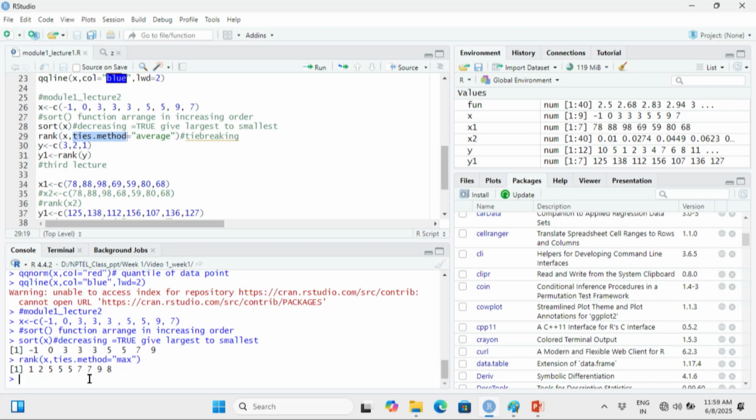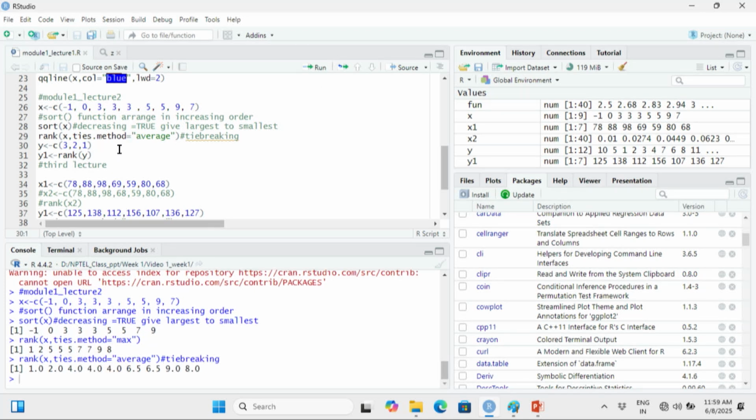But we are not going into this type of nitty-gritty. Let us stick to the average ranking method, because that is what we have to use during the statistical calculation. So let me run this rank, and you will see the result. The rank is 6.5, 6.5. One question might trigger in your mind: rank should be an integer, so why 6.5, 6.5? This non-integer comes up because we are doing the average.